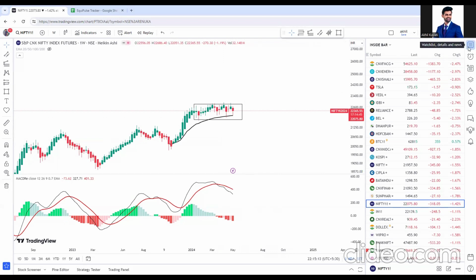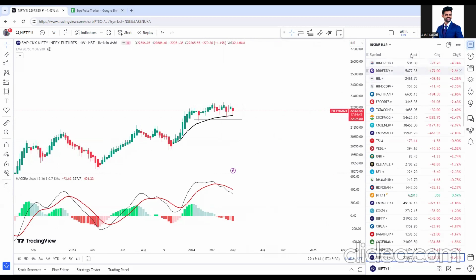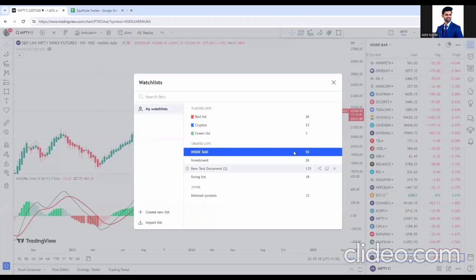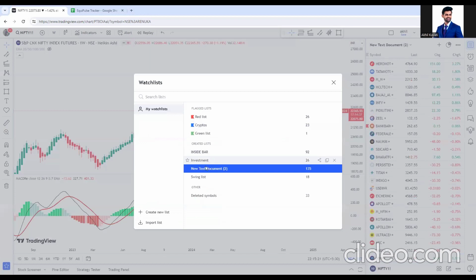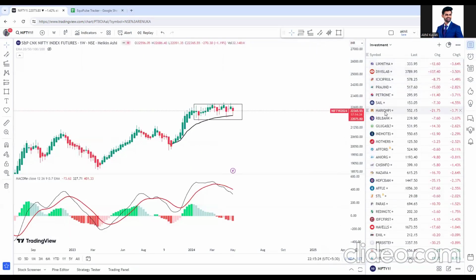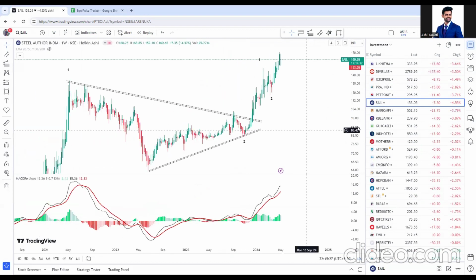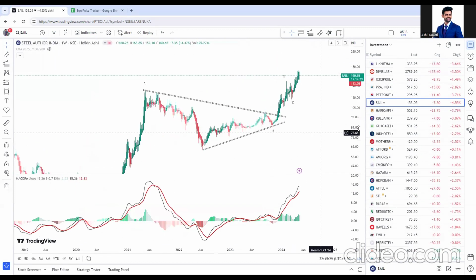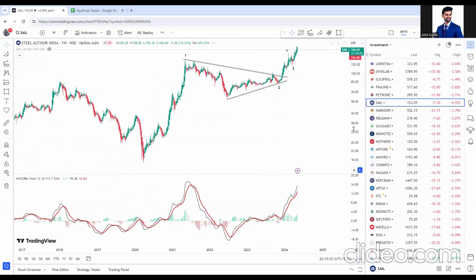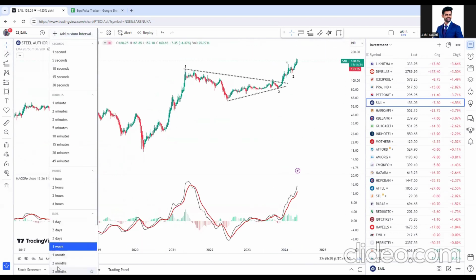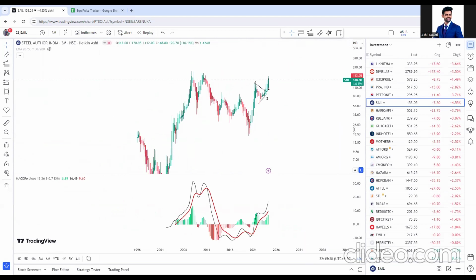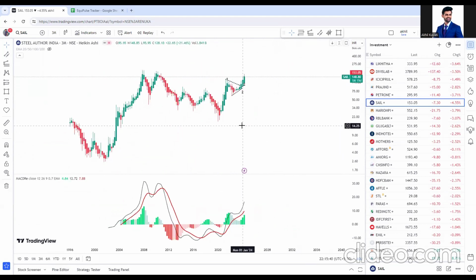So we thought we'll take some time and analyze our recommendations given so far and where we are currently and what is the future scope of it, right? So starting out with Steel Authority of India and then checking the cycles here. I'll take a 3-month chart just to explain the historical and how the metals function. So we have been writing that we are in a massive metal upcycle, and this is going to be a 5 to 8 years play,